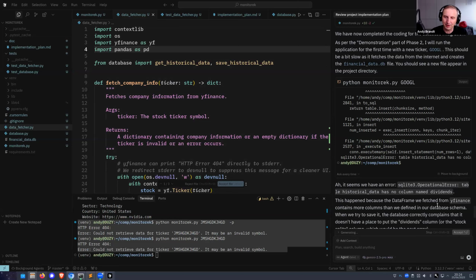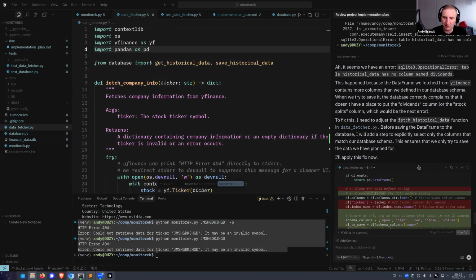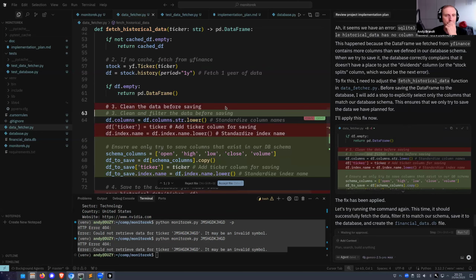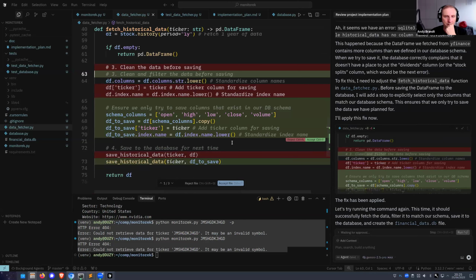I'm not sure we have installed SQLite. I wonder if it will realize it, but so far it's working on the changes. And let's see here. Clean and filter the data. How do we want to filter the data? We want to standardize the columns: open, high, low, close, volume.